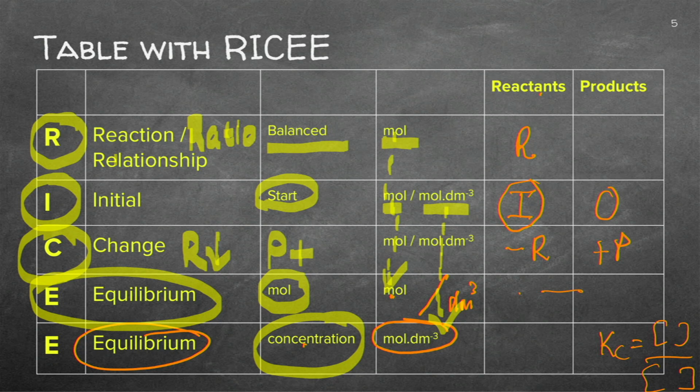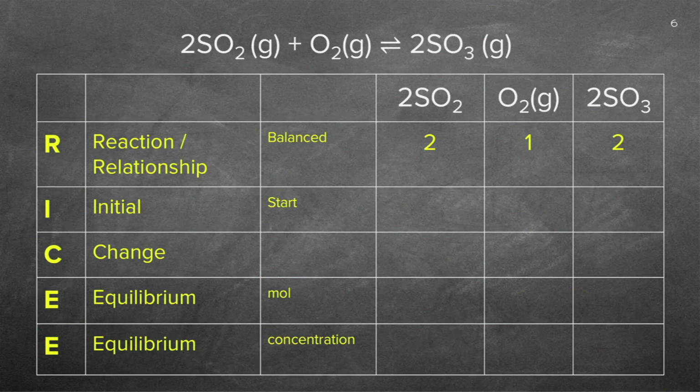The equilibrium you then have, you can then take it to the Kc knowing what the concentration is, not the mole. Be careful. Right, let's do our question that they asked of me. They said to me, you've got 2 to 1 to 2, and I put that into my R row, 2 to 1 to 2. They said to me, you're going to start with something, and we'll get to the information just now. You're going to have a change and at equilibrium.